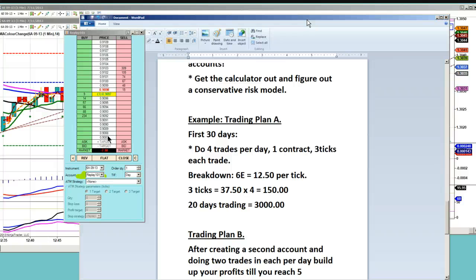Is a sub-account considered a second account? Yes, you don't have to fill out the paperwork again. You just call up the broker and say, I want to trade different strategies. Give me a sub-account. And you have to wire the money from your bank. You can't say, take some money out of my first account and put it in the other account. You actually have to take the money from your bank account.